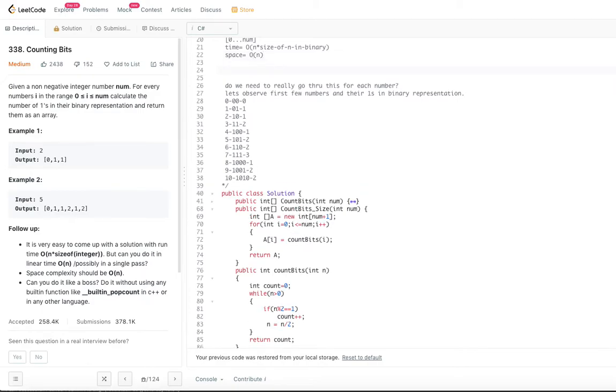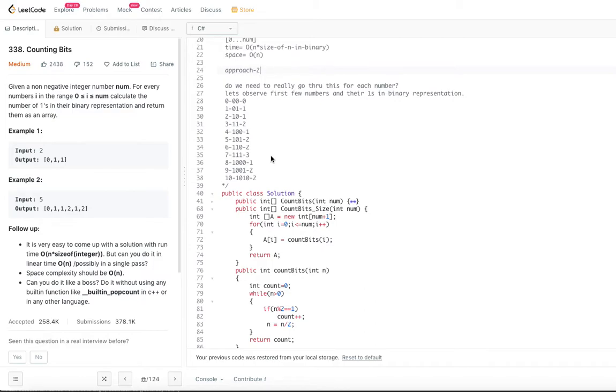So we will look at the second approach now. In the first approach, we took a number, converted it into binary, and then tried to calculate the number of ones in the binary representation, right? Now, do we have to do this whole representation for every single number? Is there a logic that we can come up with by just looking at the number? That's what we are going to look into.